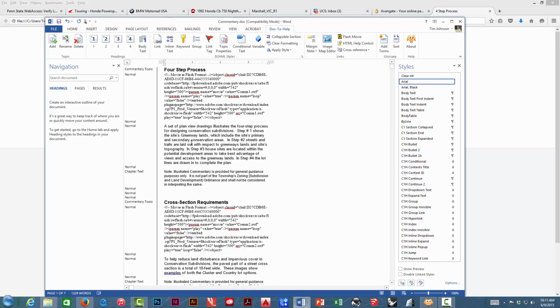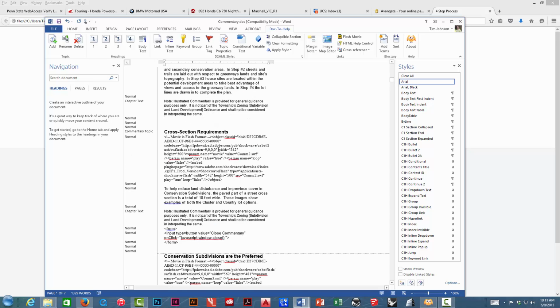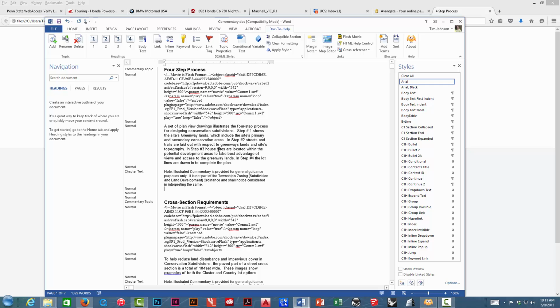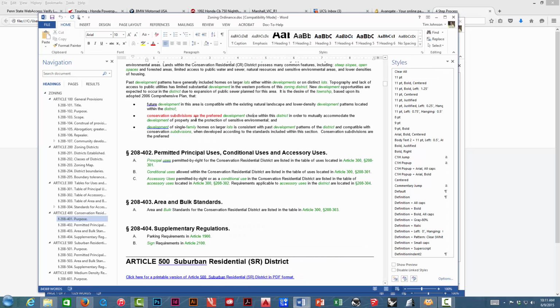You can format this and style it however you want. If you've got those other styles from the document, use those. The only thing that's really critical here is that commentary topic is the style you use for the titles. That's what tells Doc2Help to break this down into separate topics. So each commentary becomes a topic that can be linked to. And then once you go back in, once you have that, you can basically